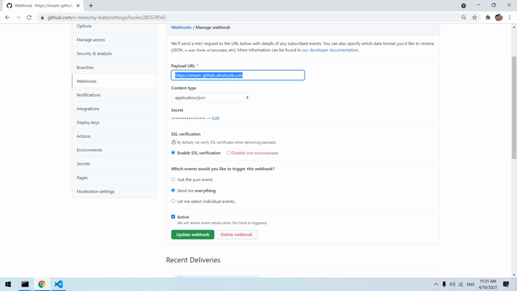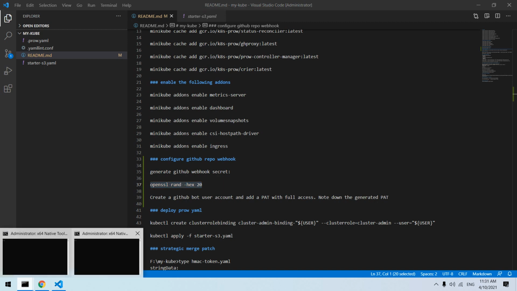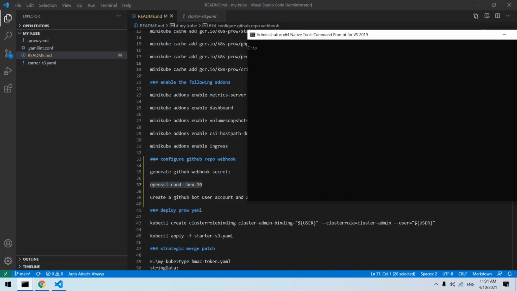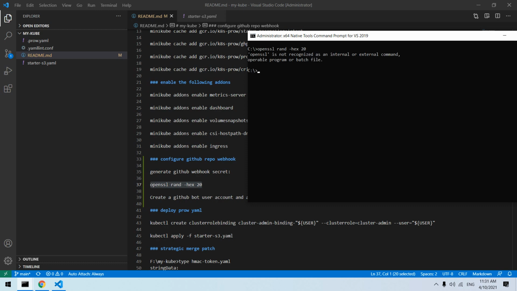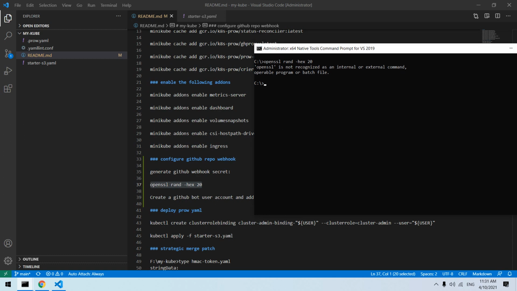This secret you have to create using openssl rand -hex 20. If you execute this command on your Linux, if you have installed the OpenSSL package, then it will output a 20 byte random key. On my setup, I believe I have installed OpenSSL via a package.